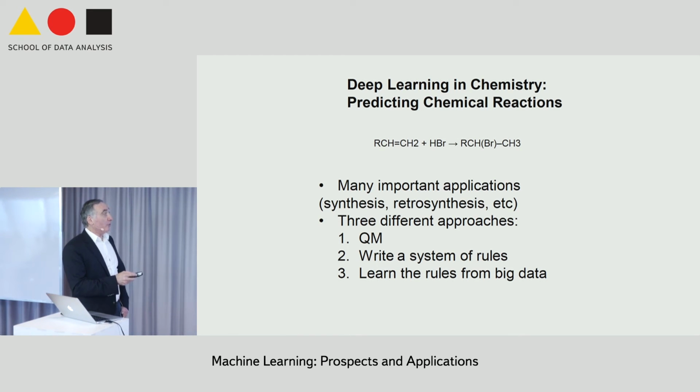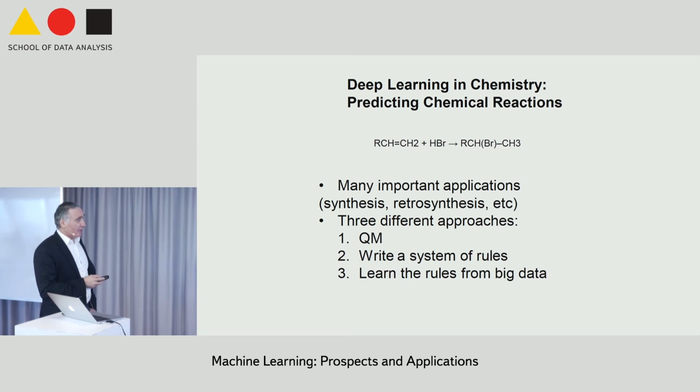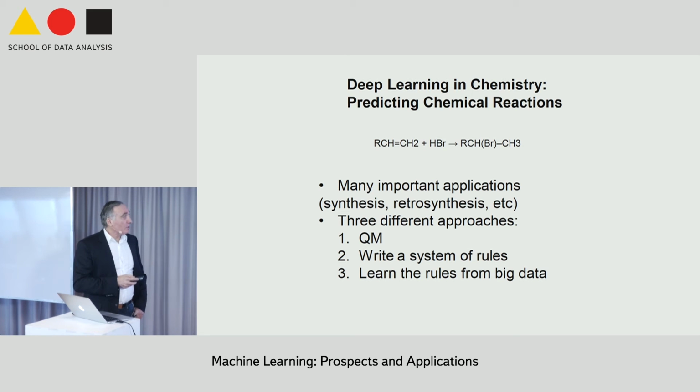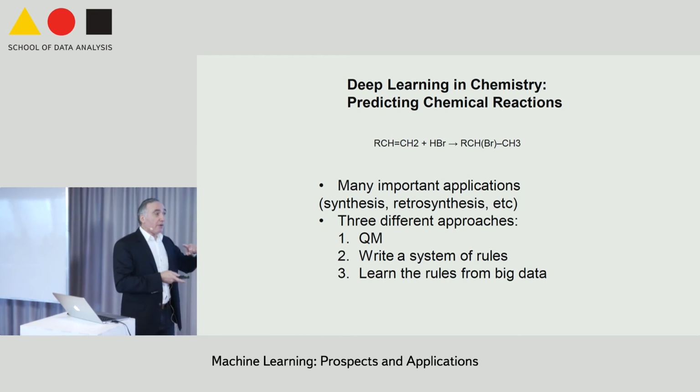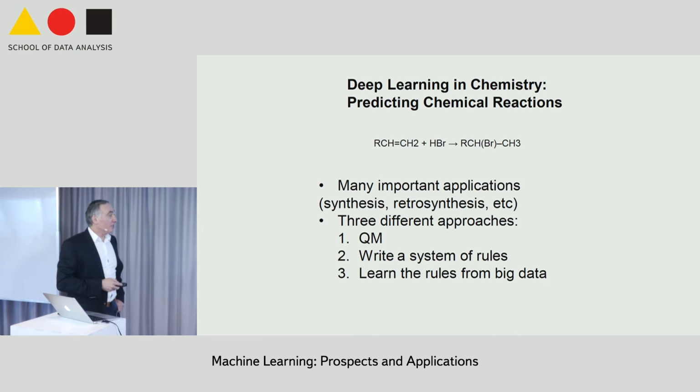And what you would like is, for instance, given the left-hand side, predict the right-hand side, right? Now, there are different ideas for tackling these problems. You can try quantum mechanics, and it works to some extent, but it's very slow. It's definitely not high throughput. It's not scalable, so it's a big challenge. But for certain reactions and given enough computing power, you can do predictions based on QM. You can try to write a system of rules. If you've seen the organic chemistry textbooks, they are very thick. So basically, you're trying to compress those very thick books by writing sets of rules.